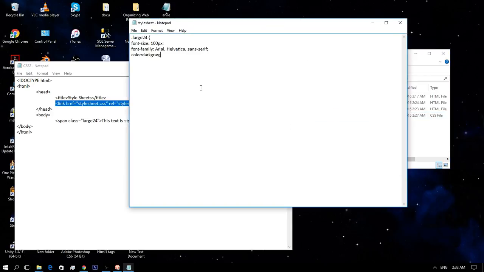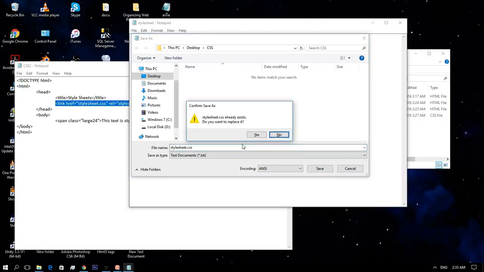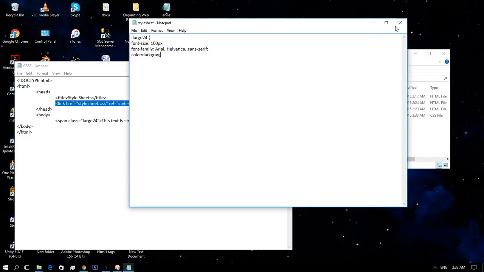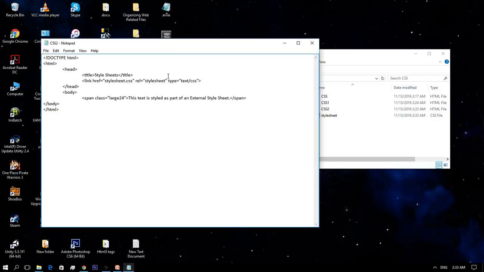When you create a new file, just save as, then add the CSS format, then save. You have to declare your CSS file in your HTML file to link it together.